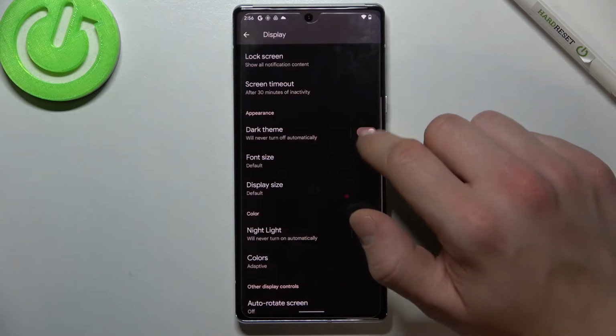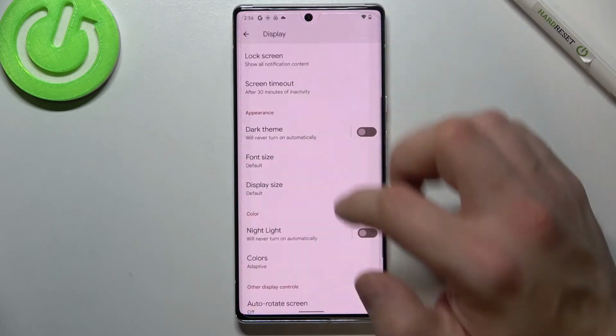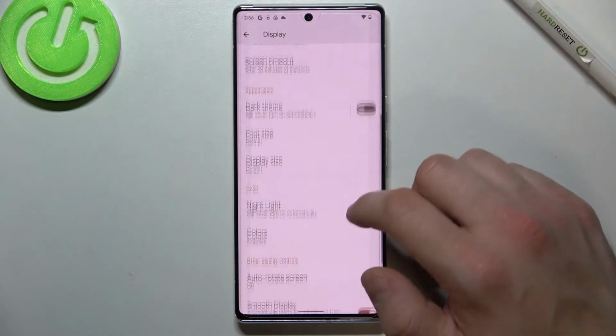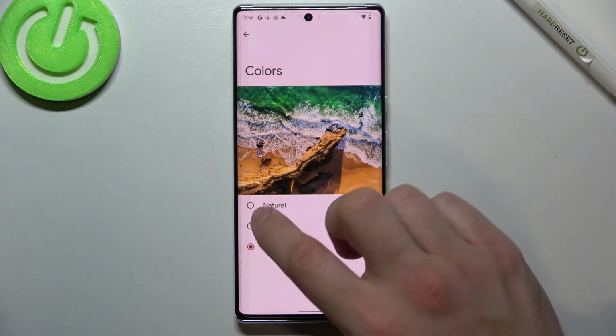dark theme, font size, display size, night light, colors,